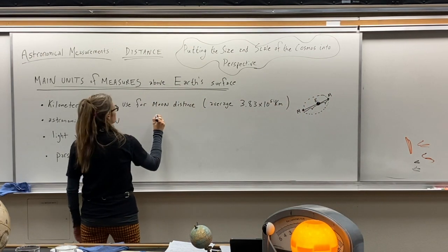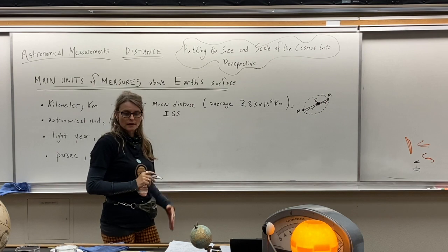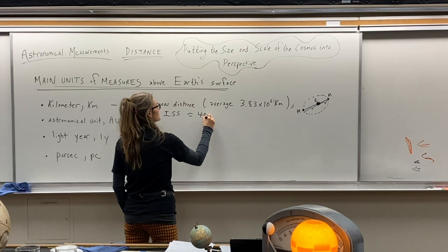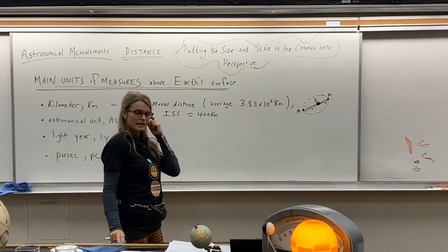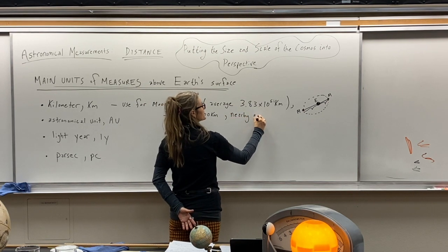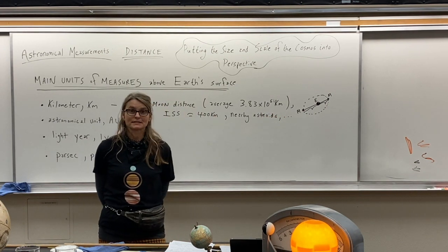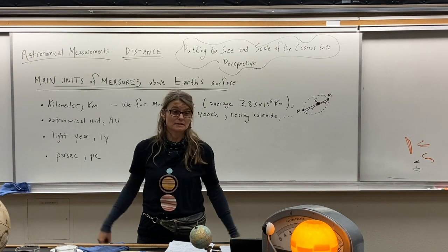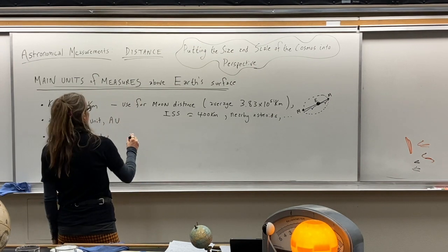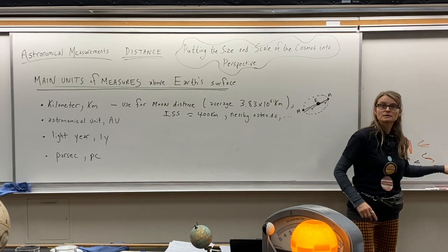Some other numbers that come into play are the distance to the ISS, the International Space Station. That's approximately 400 kilometers, okay, above the Earth. Okay, that gives you a good scale. Sometimes nearby asteroids, hopefully not too close, etc. We'll use the kilometer distance. Even sometimes with the sun, you'll hear the sun is this huge amount of miles away, so that comes into play as well. But what starts to become useful when we're looking at solar system distances